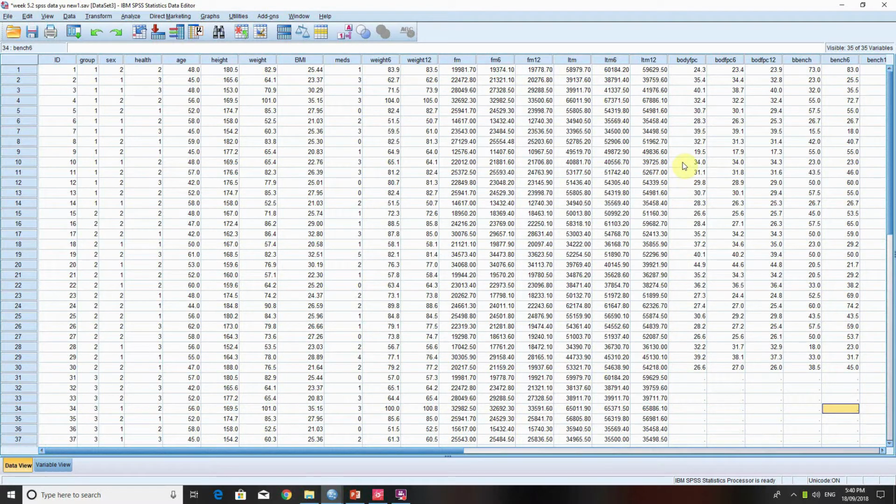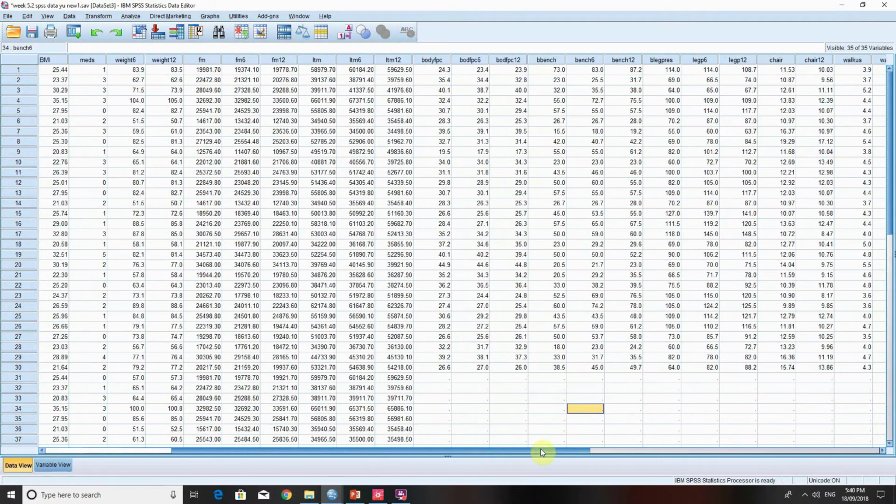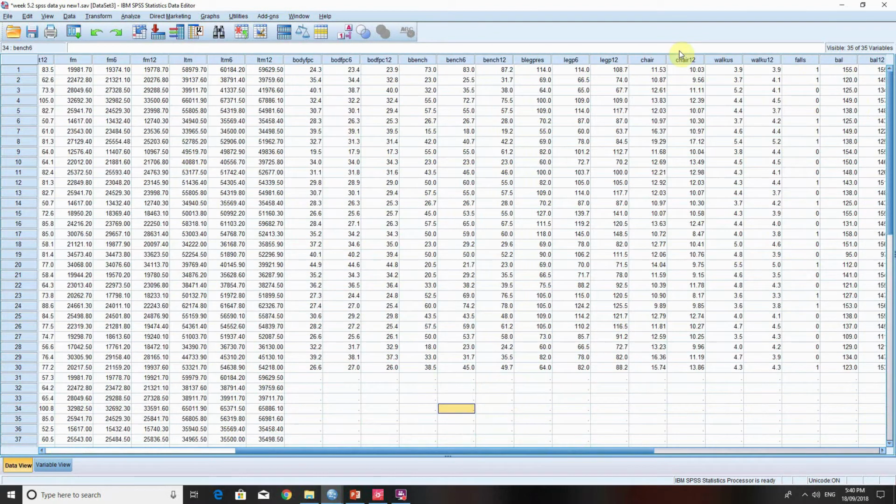it's a baseline score. So if we think about our leg press test at 0, 6, and 12 weeks, if I wanted to see the difference as a result of the group or the intervention, so the low dose, high dose, or control group, in the week 12 leg press scores, I could run an ANOVA. But I run the risk of then getting a result that isn't quite reflective of the reality,